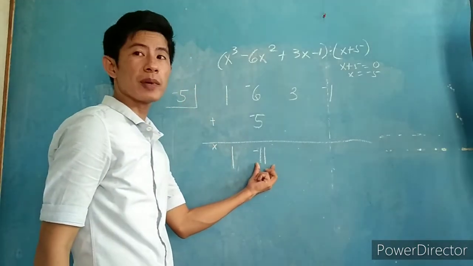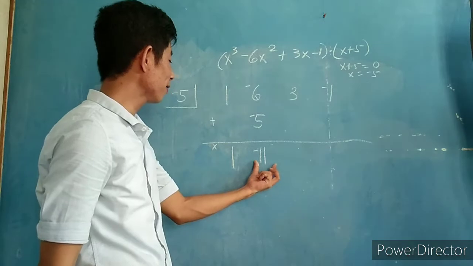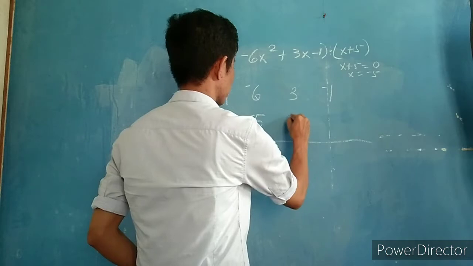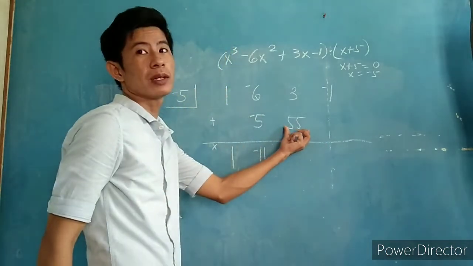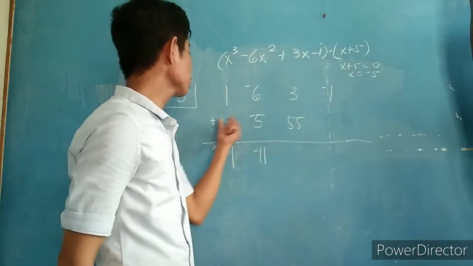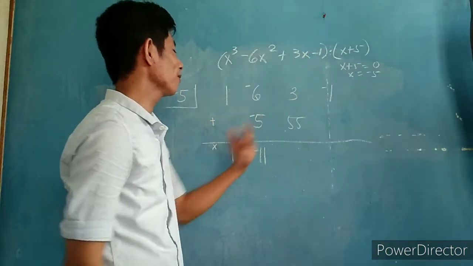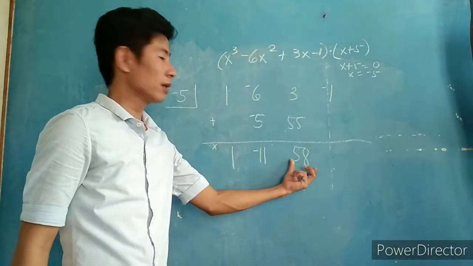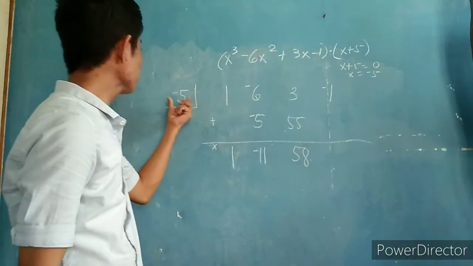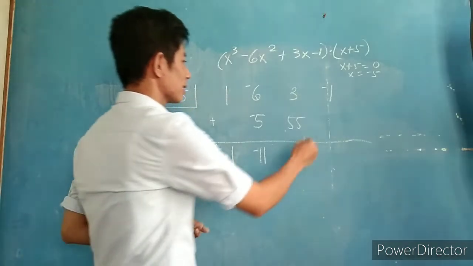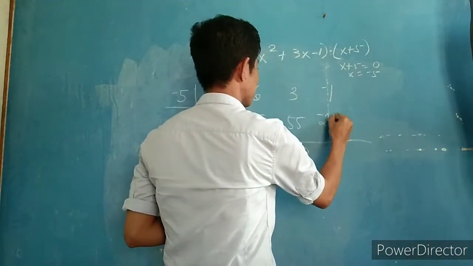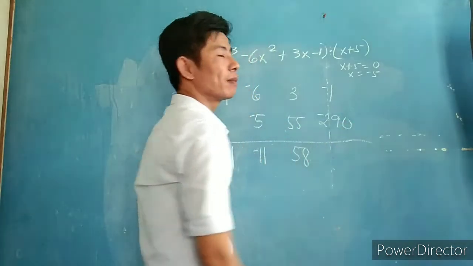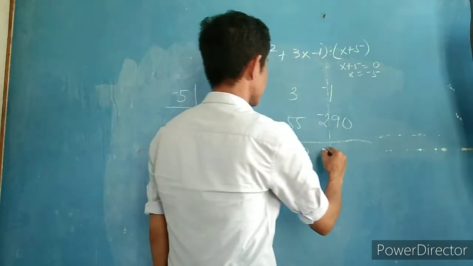Then, repeat the process. Negative 11 times negative 5 is positive 55. Write 55 in our next column, and then proceed to addition. 3 plus 55, we have 58. Then, repeat the process. 58 times negative 5 is negative 290. And then add negative 1 plus negative 290, that is negative